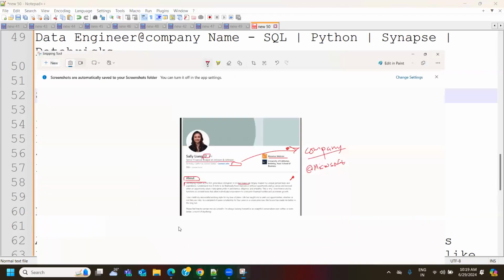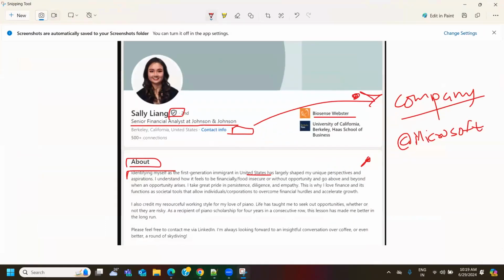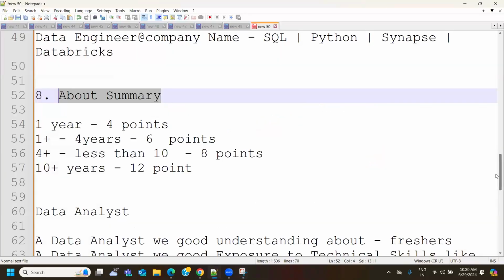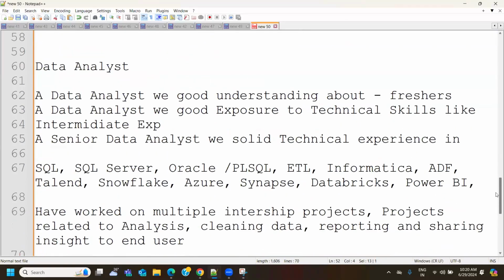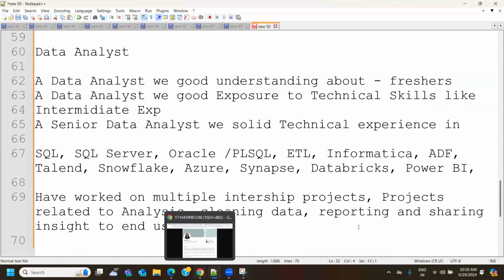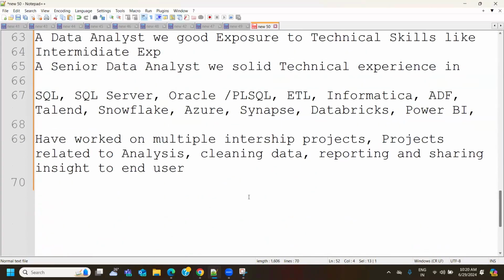If you take a look at this profile also, she has kept it sweet and short. It shouldn't look like an essay. I've seen people adding end to end everything, which is not required. If you add everything in this about section, it will have a very good impact on the recruiter. But if you don't know a few of the technical skills, it will be a negative impact. So make sure you are only mentioning the skills in which you have expertise, and it should be short and sweet. I've mentioned the number of points, more than enough. Now, once this is done, this is our 8th point.